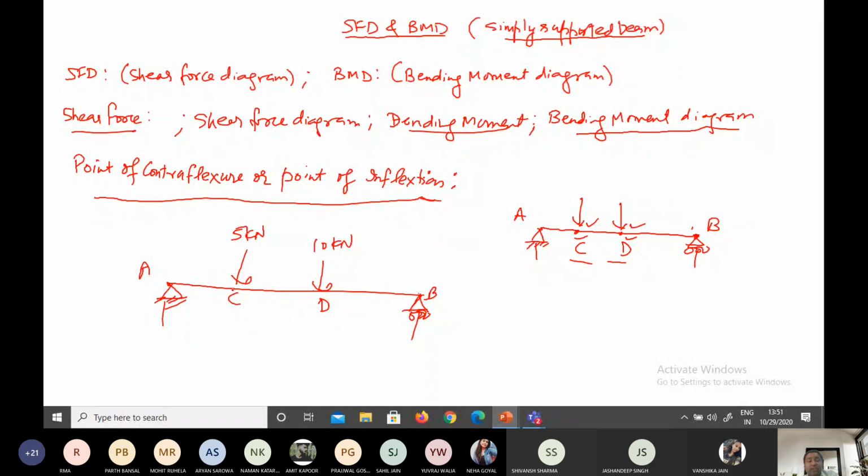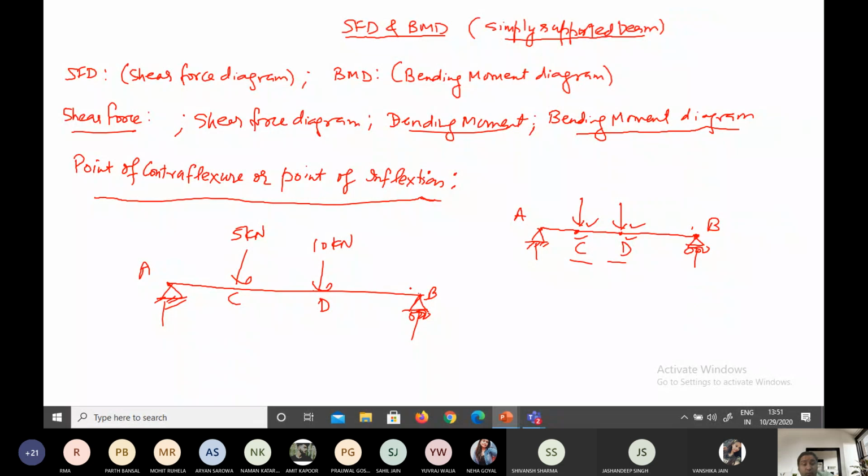There is a change in the value of the force at the points A, C, D, and B. For the remaining sections of the beam, AC, CD, and DB, there is no force here, so there will not be any change in the force. Fine. So this is the shear force here.